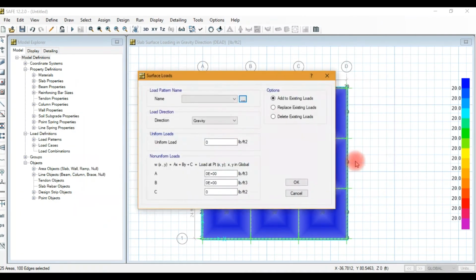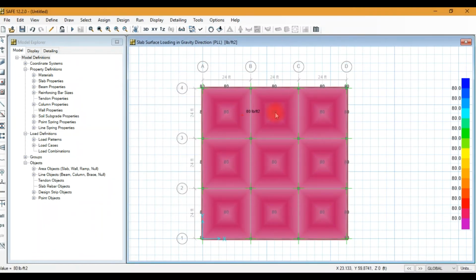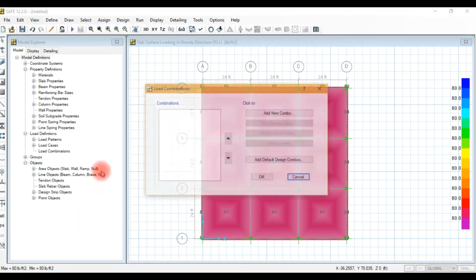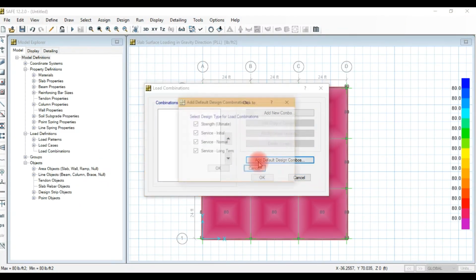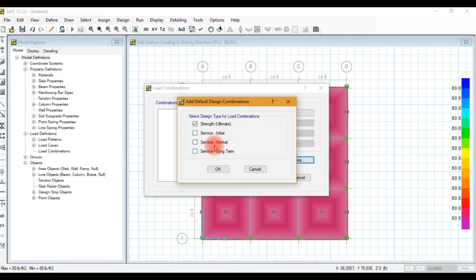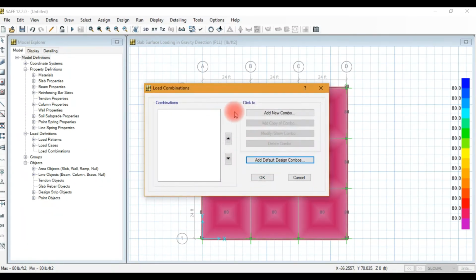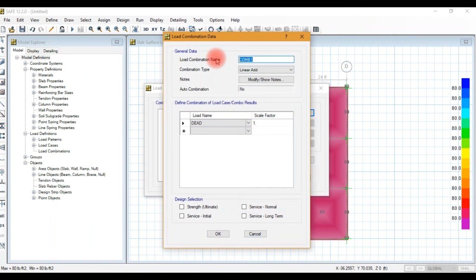Okay, now we select pattern live load. Magnitude is the same, equal to live load. Okay, pattern live load is applied. Now we will add the load combinations. Add default load combination. Now we will add our own combination, 1.4 D, that is the other load combination.